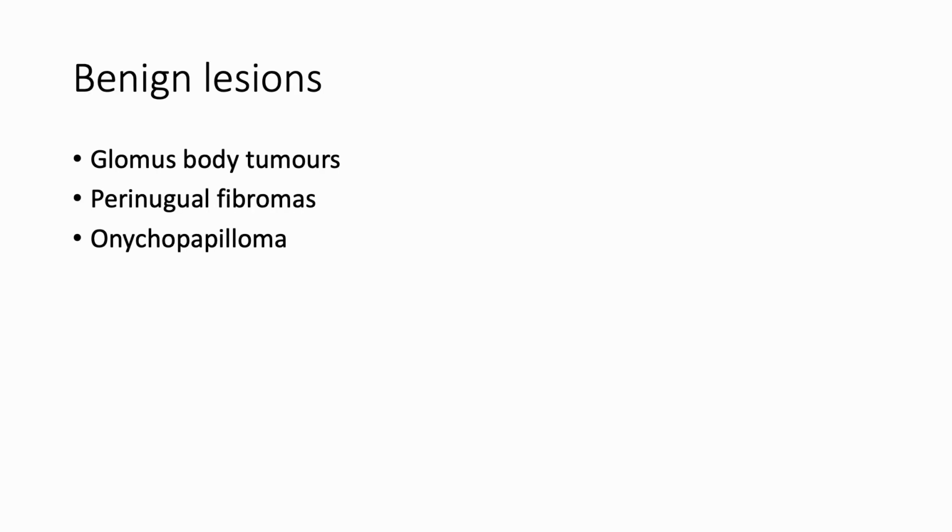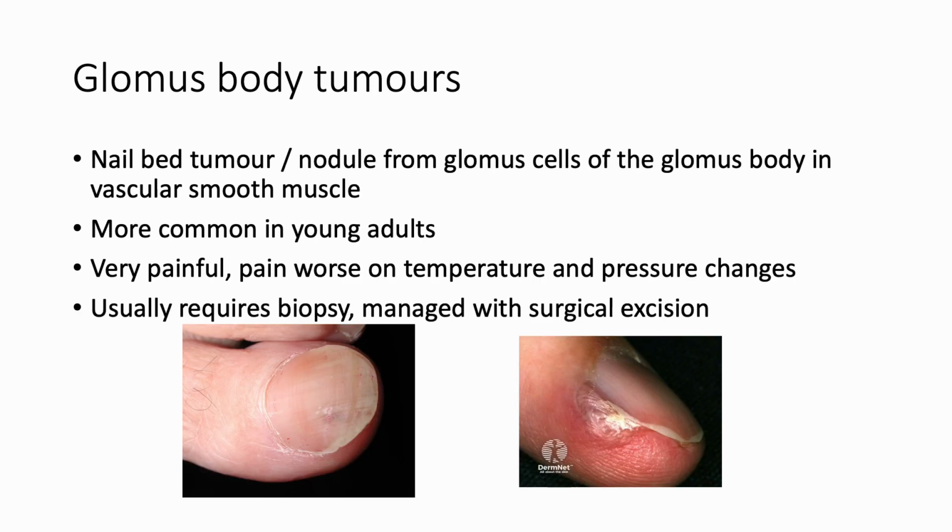The benign lesions we will cover will be glomus body tumours, periungual fibromas, and onychopapillomas. Glomus body tumours. Glomus body tumours are benign nodules that grow from the glomus body within the perivascular smooth muscle